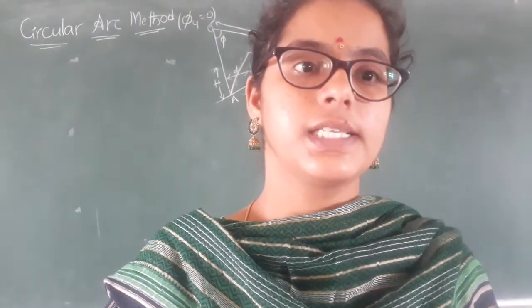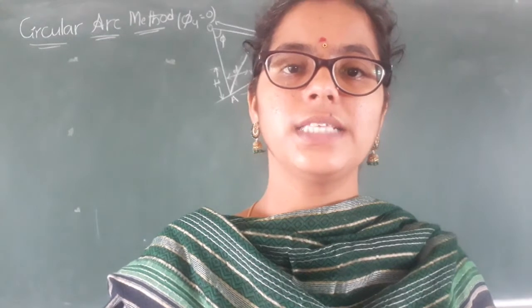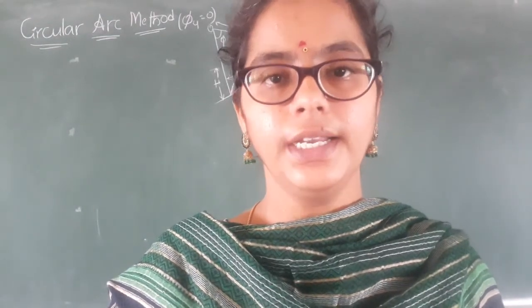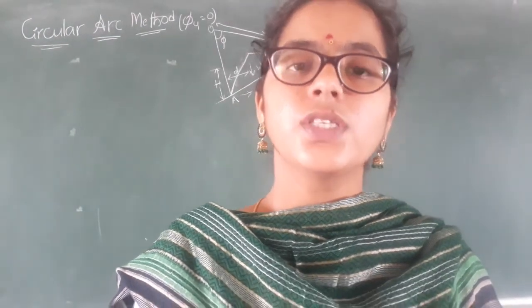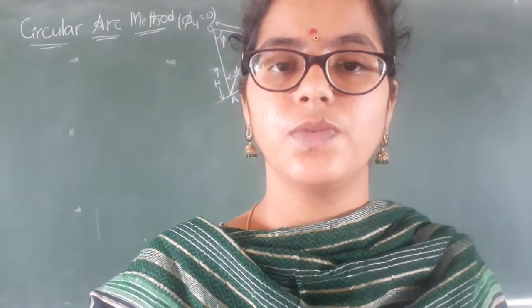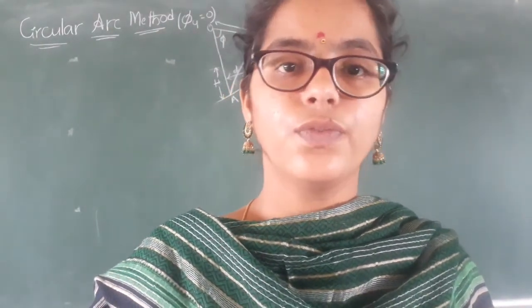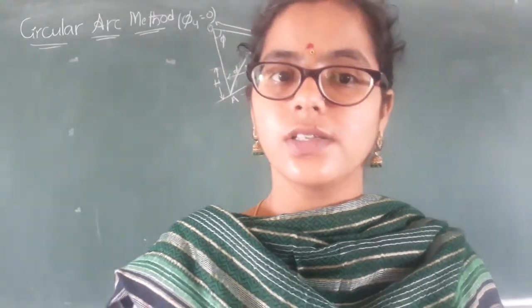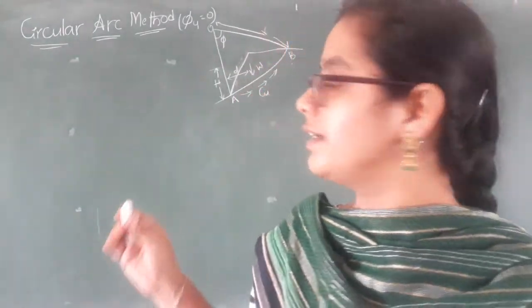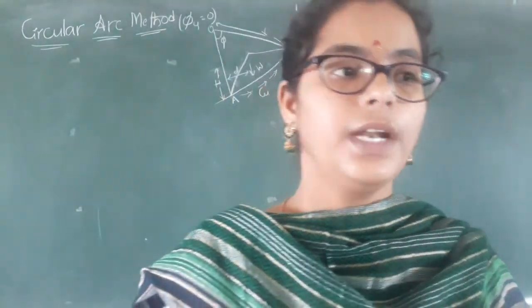So we discussed in the last two classes the stability of an infinite slope. All the methods which we are going to start from today, it might be the Swedish circle method or friction circle method or Bishop's method or Coulomb's method, all these methods mostly discuss the finite slopes, right? So we'll discuss the first method, a very simple method, the circular arc method, in today's class.